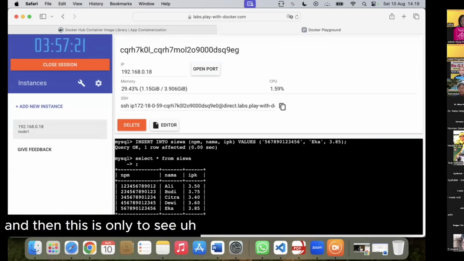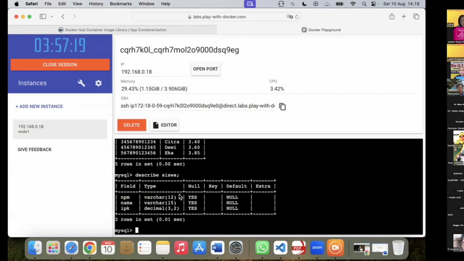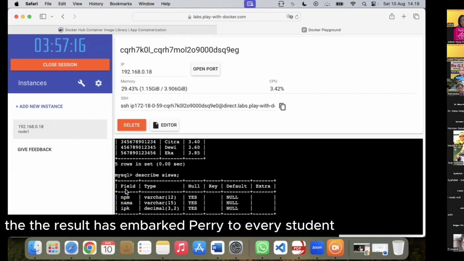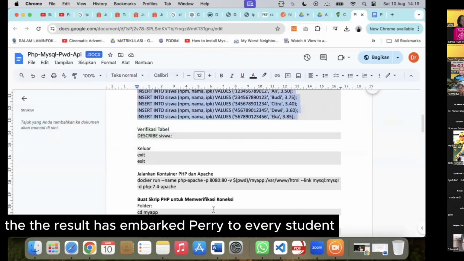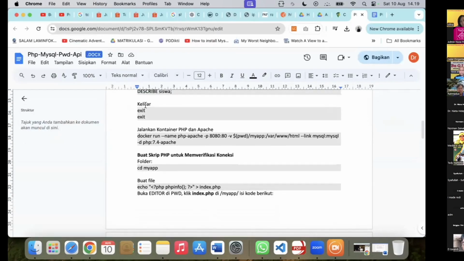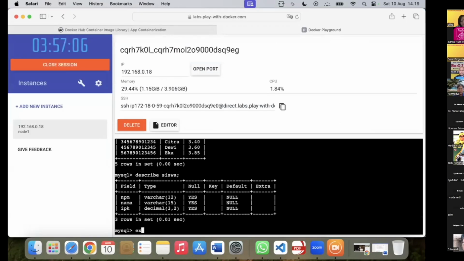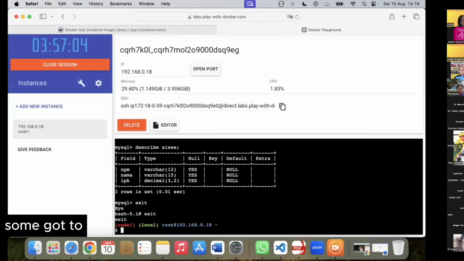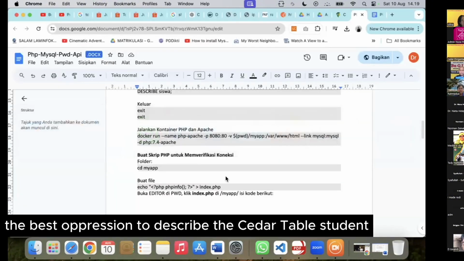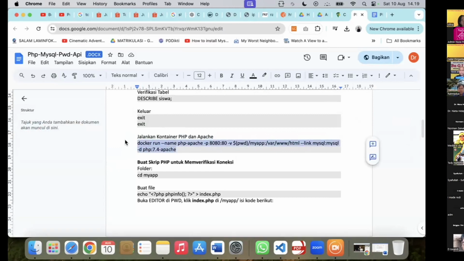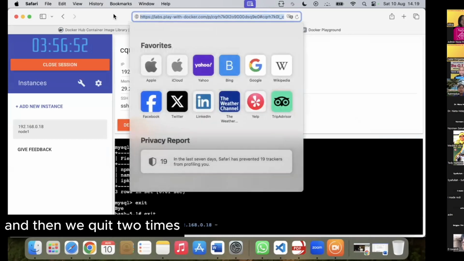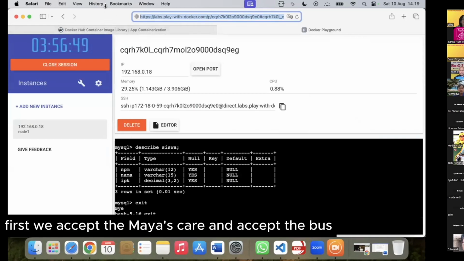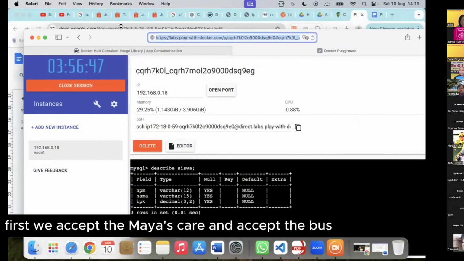This is only to see the result, for example a query to read every student, and some code for database operations to describe the table student. And then we quit 2 times. First, we exit MySQL and exit the bash.